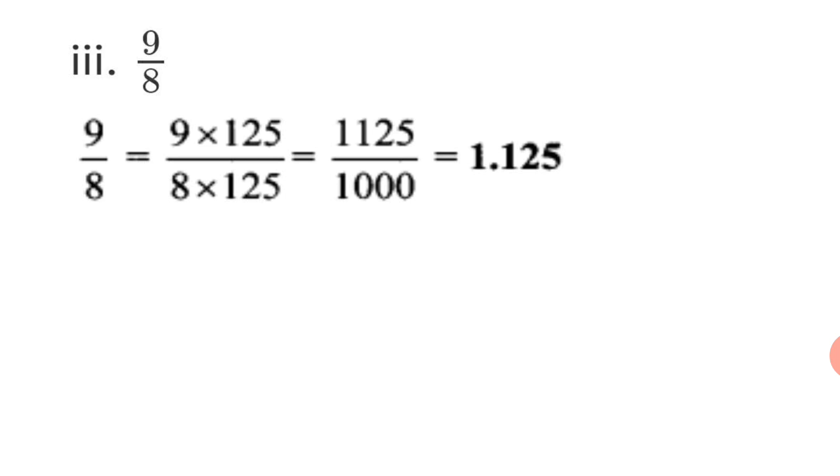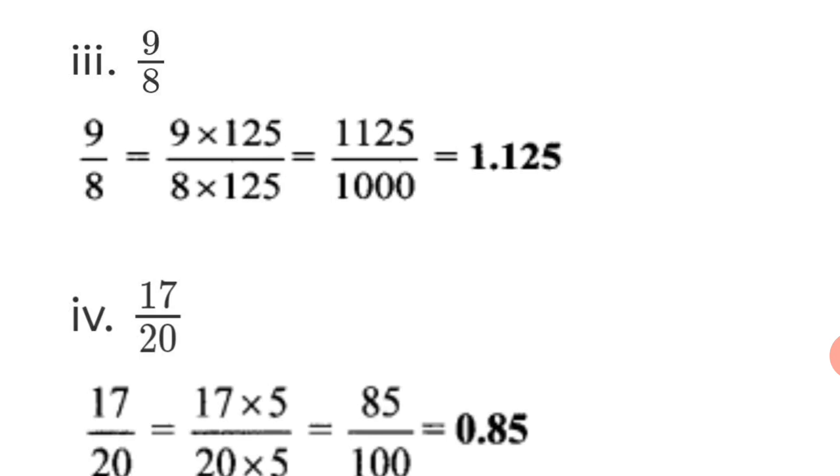Okay. So in this practice set, you will find certain denominators which you will have to multiply by a specific number to get either 10, 100 or 1000. So you have to keep that in mind. If you get 4, you can multiply by 25. If you get 5, you multiply by 2 and get 10. If you get a denominator as 8, you multiply by 125 and get 1000. Okay. So these are a few tips you have to remember.